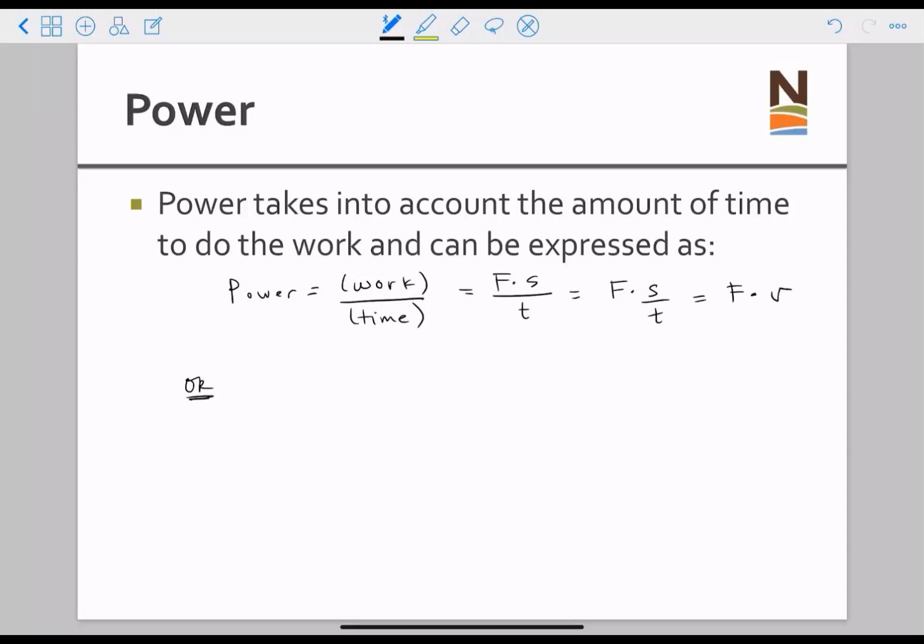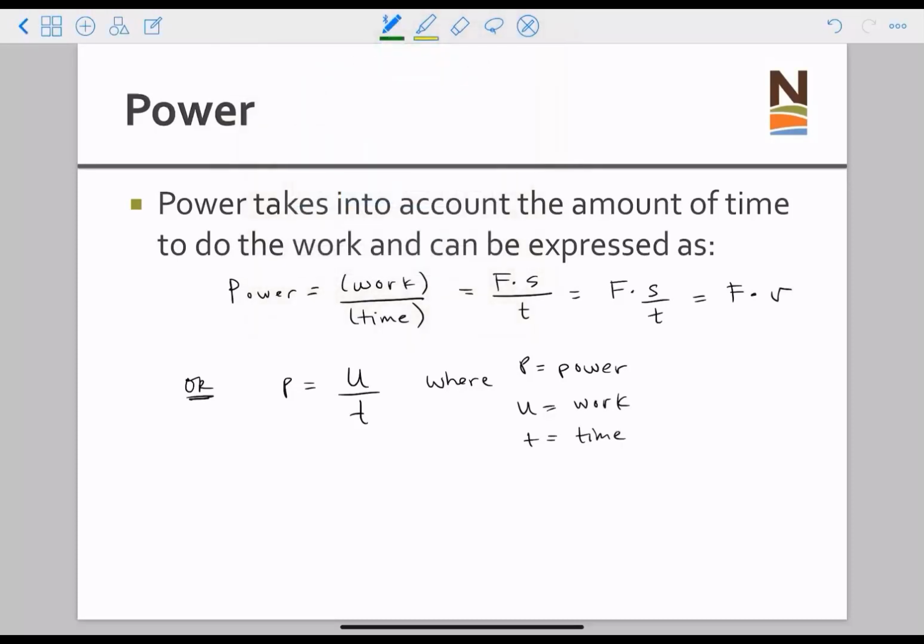Or we just show it as P is equal to work, which is U over T, where, of course, P is power, U is work, T is time,